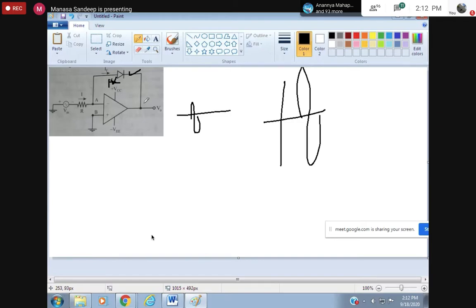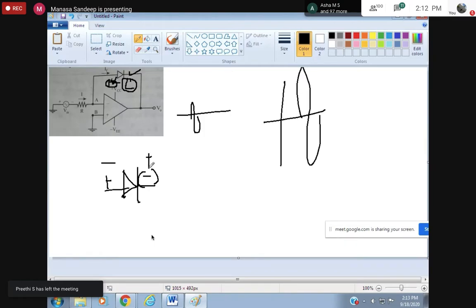After amplification, what is the voltage at this point? At the cathode, the voltage will be large. So here the cathode has more positive voltage than the anode. I hope you know this very well. It's not that you always need to apply plus here and minus here for the diode to become forward biased, or minus here and plus here to become reverse biased. It's not the case. If you apply 2 volts here, and here you have 5 volts, more positive voltage.